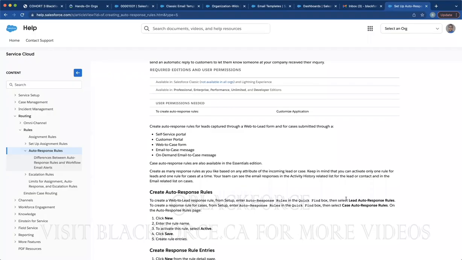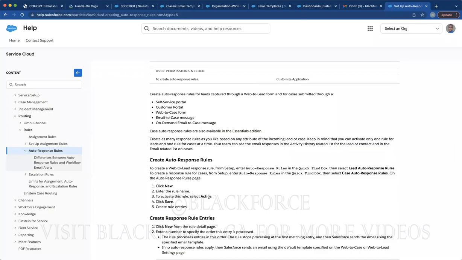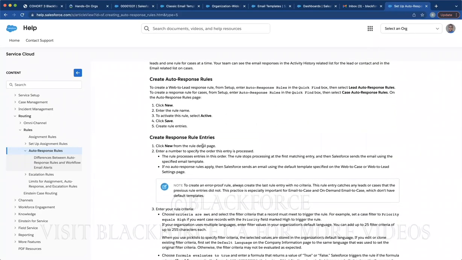Enter auto response rule, select case auto response rule, then you click new and you make it active, which is fine. Then you click new to reach the detail page, enter a number to specify the order. The rule processes entries in this order. Rule stops processing at first match, which is fine. If no auto response rules apply, then Salesforce sends an email using the default template specified on the web to case. Okay, so right now, as you can see, it has to do with the customer initiating the process, not an internal user initiating the process. So I'm going to get back to the auto response rule